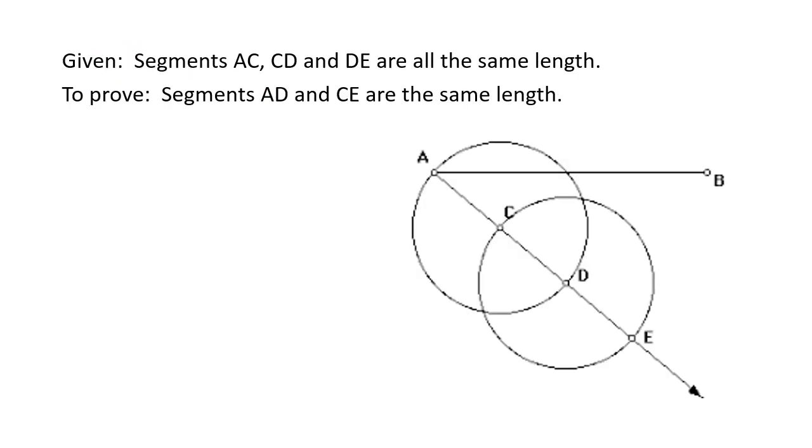So just to give an idea of a proof, we've got this little figure, and we've got AC, CD, and DE are line segments that are all the same length. And then we want to prove that AD, this length, is the same as this length. We're not going to go through the proof. I just wanted to give an idea of what a proof looks like. We have to be told some things. We have to be given some conditions or some figures that we're going to be working with. And so we usually call these the givens of our statement.